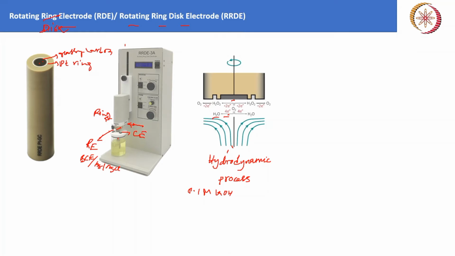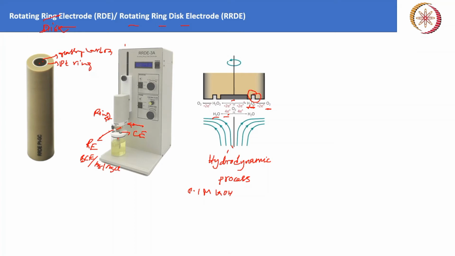So this 4 electron process can also be processed step by step, that is, through a 2 electron process. So that way it can also form. If it is a 2 electron process, then you can fix the ring at a particular potential so that water can reduce through the 2 electron process and form peroxide, and then if you fix the potential where the peroxide can oxidize, it can again form oxygen,